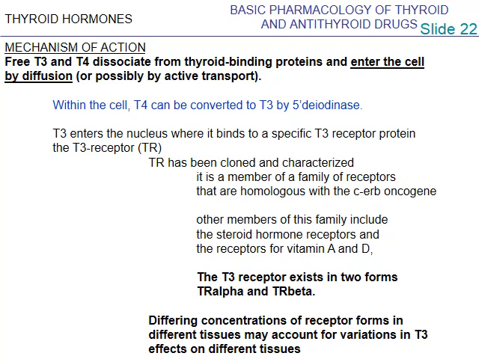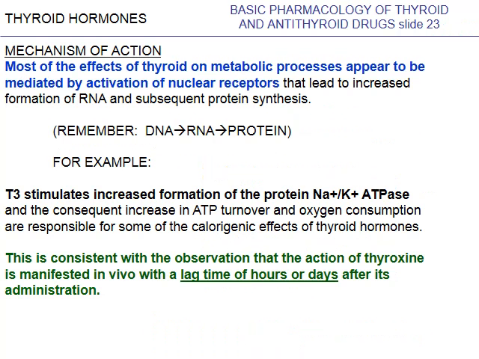And that T3 will enter the nucleus now, where it will bind to a T3 receptor. We know that that T3 receptor is a member of a family of receptors that are homologous with the C-ERB oncogene. Other members of the family include the steroid hormone receptors and the receptors for vitamin A and D. And we know that the T3 receptor exists in two forms, the T3 receptor alpha and T3 receptor beta. So most of the effects of thyroid hormone on metabolic processes appear to be mediated through the action of these